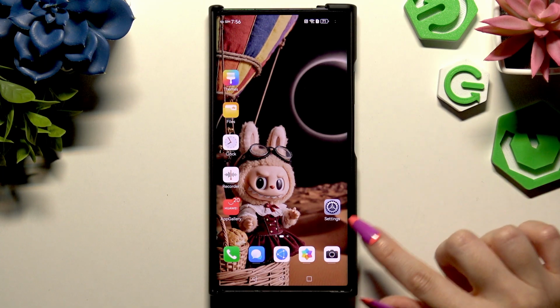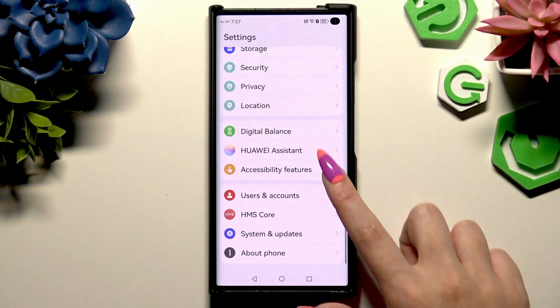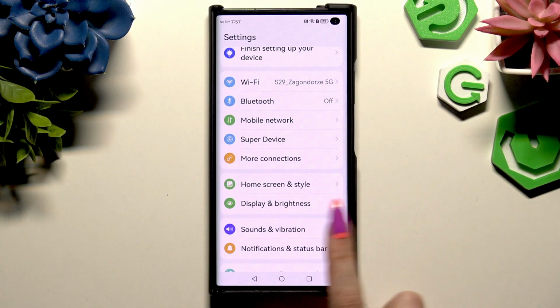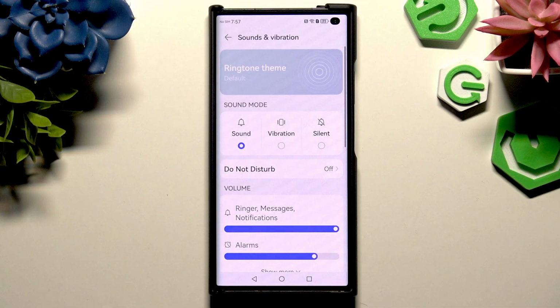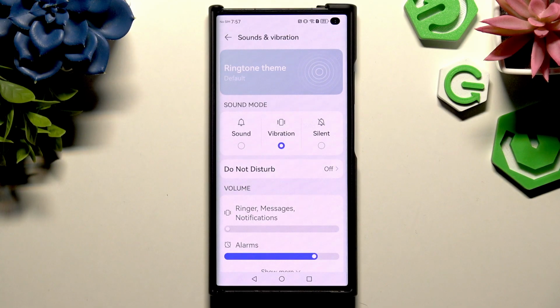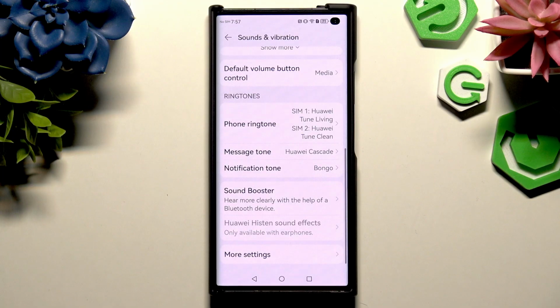Start by opening Devices Settings and scrolling to click on Sound and Vibration over here. Now you can tap on vibration right away, and this way mute your device completely, leaving only vibration. When you finished, scroll, click on Phone Ringtone,